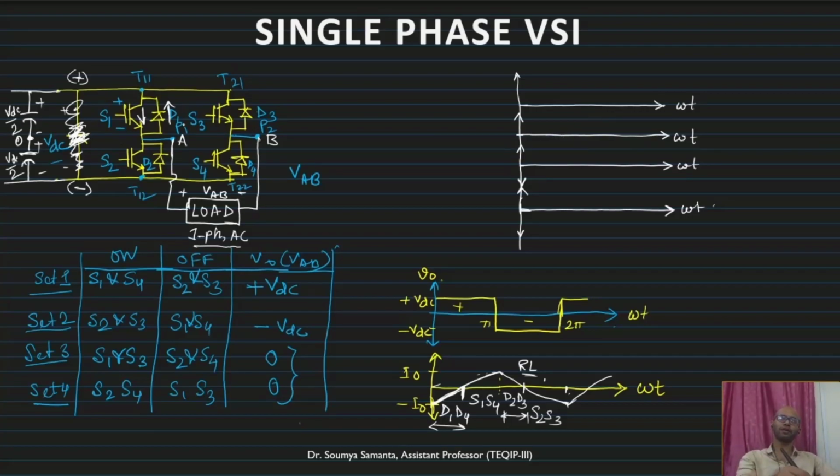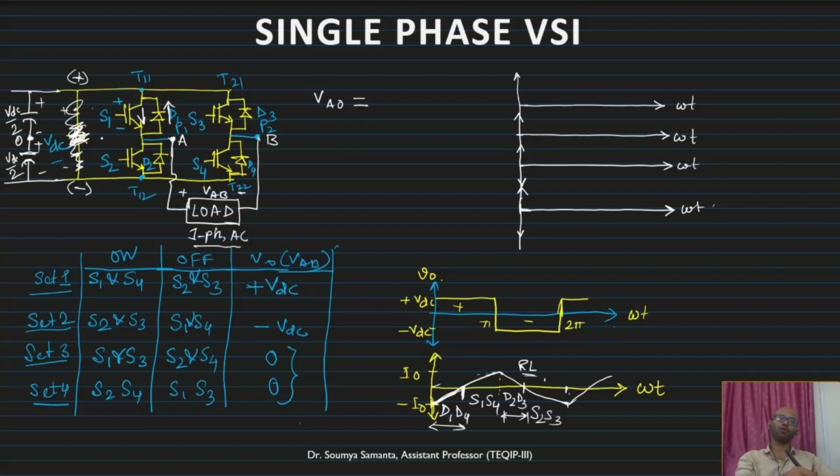Now what will happen? Let us first find out the pole voltage. What is the pole voltage? Suppose VAO. VA is the pole here. This is the pole, so VA will be the pole voltage. Similarly, VBO will be the pole voltage. Now what will VAO and VBO be? That depends on the connections.